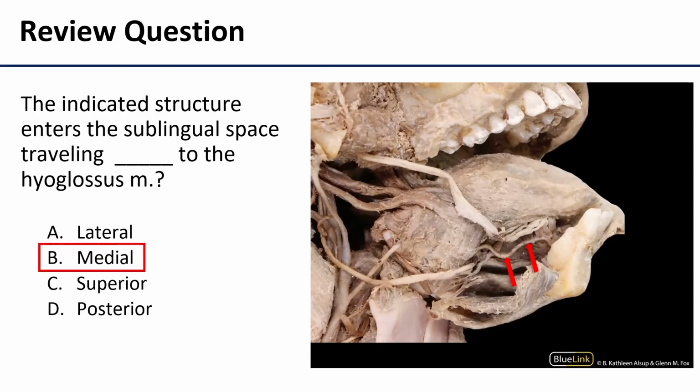All right, and the correct answer here is B, medial. So hopefully you correctly identified this as the lingual artery. And one of the ways you can identify the lingual artery is by its relationship with hyoglossus. So hyoglossus you can see here, coming from the ventral portion of the tongue down to the hyoid bone, which is not terribly visible in this picture, but the muscle sure is. And we can see that the structure is coming from deep to the hyoglossus muscle and traveling into the sublingual space. So with this relationship, we know that this is the lingual artery passing medial to